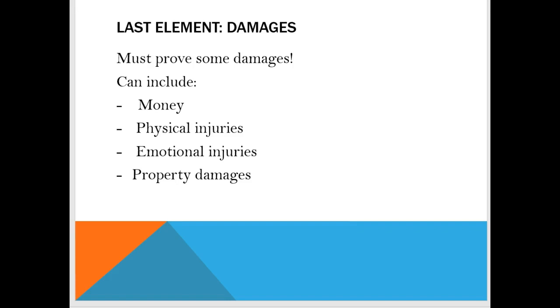This really just summarizes what I said at the beginning of the PowerPoint. The last element that is required for a negligence case is damages. We've got duty, breach, causation, the two types of causation, and then harm. But we can't forget the harm. As I mentioned, if you don't have any harm, you can't sue for negligence. But harm can include money damages, physical injuries, emotional damages, and it can also include damage to property, like if your car has been damaged in a car accident.